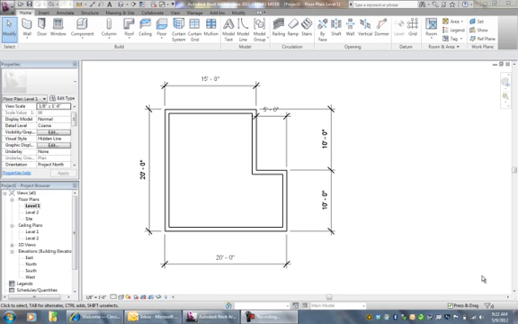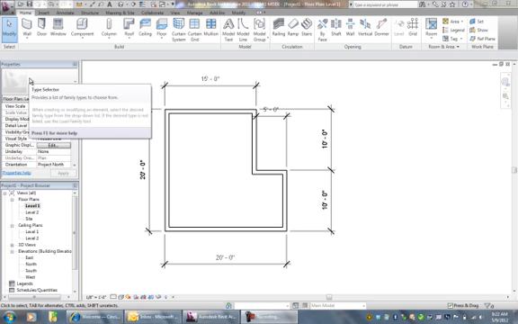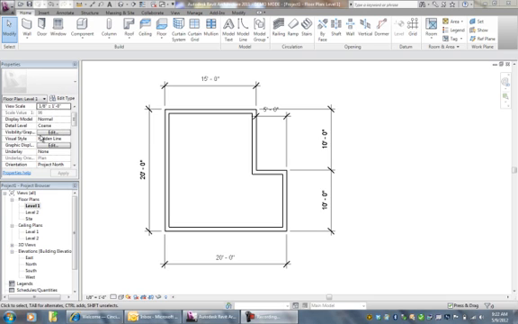Now the walls might be made up of several different components, but it's not unusual to just apply a square foot cost and come up with an overall cost for walls or roofs or whatever we're talking about. So anyway, we've already seen this before. I mean, these boxes over on the side, the properties box over here and the project browser, and we've taken a look at